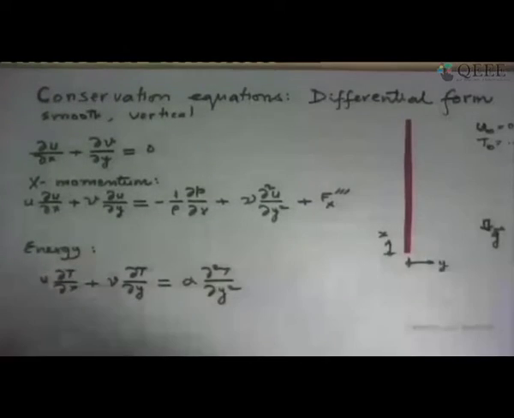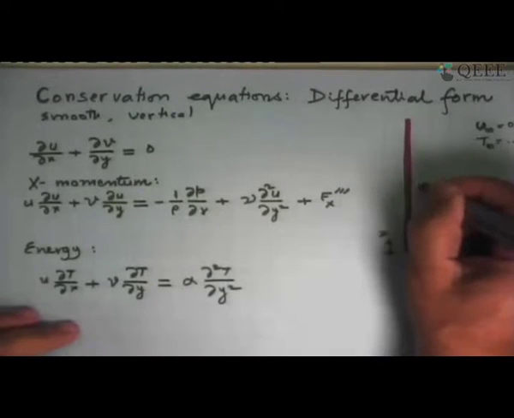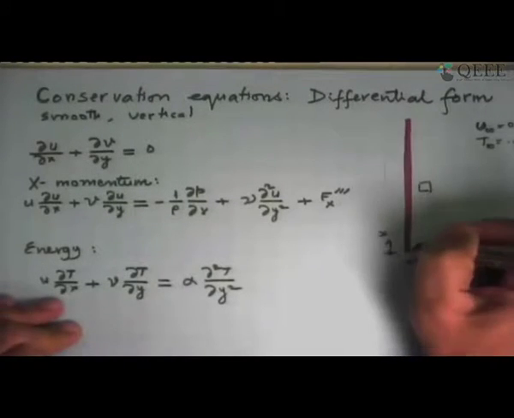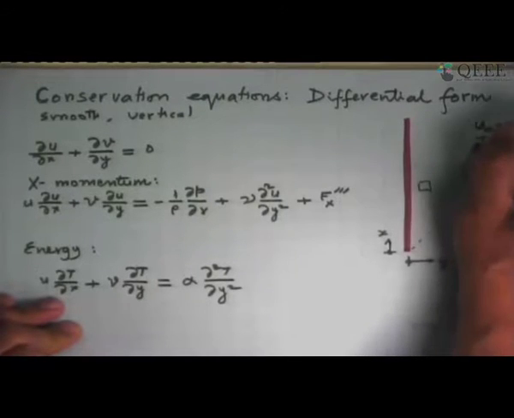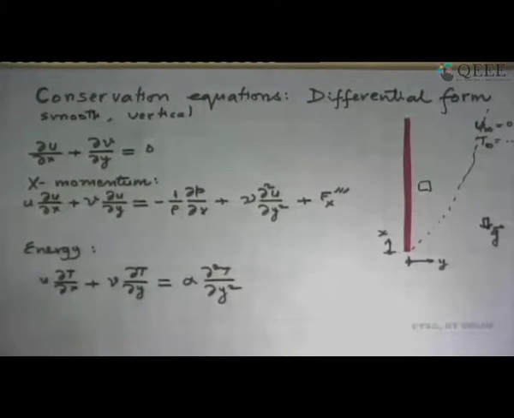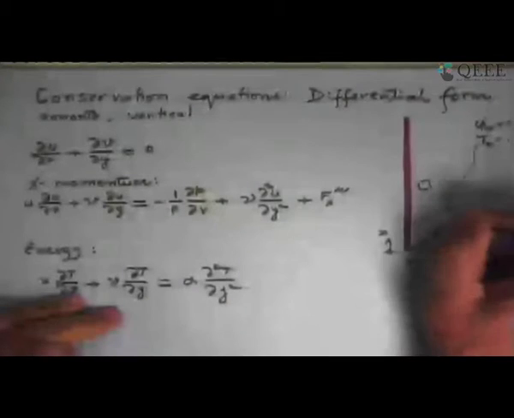Okay, so now having looked at how the boundary layers develop, the hydrodynamic boundary layer and the thermal boundary layer, we say, well, let's write the equations for the boundary layer. And we only do the differential form of these equations, where the surface is heated, and we are going to consider an element over there. And as we have seen, there is a thermal boundary layer that builds up like that, and very close to that is also the hydrodynamic boundary layer.